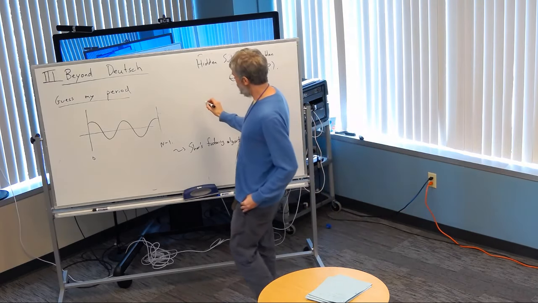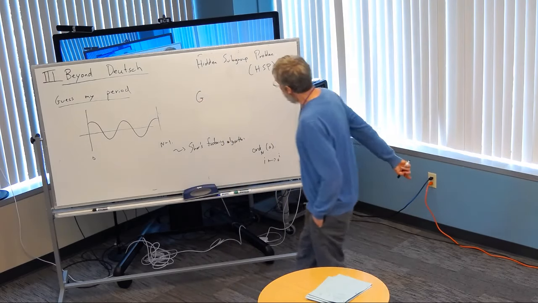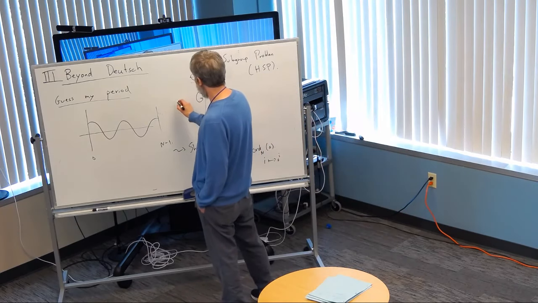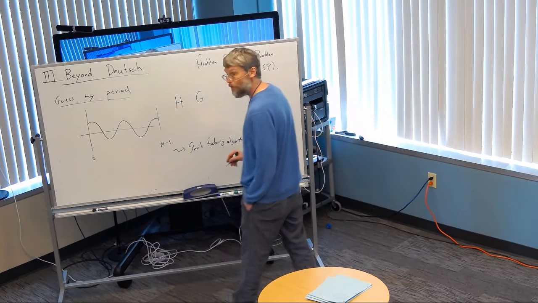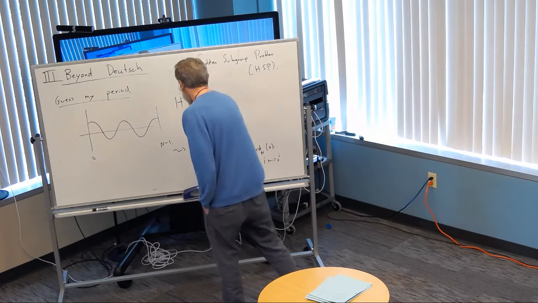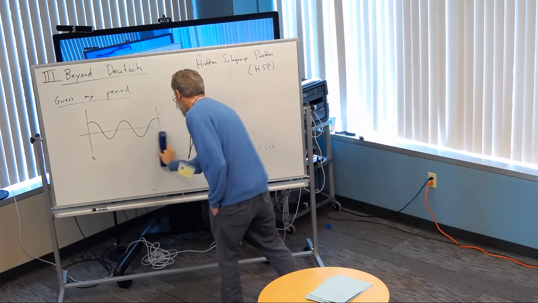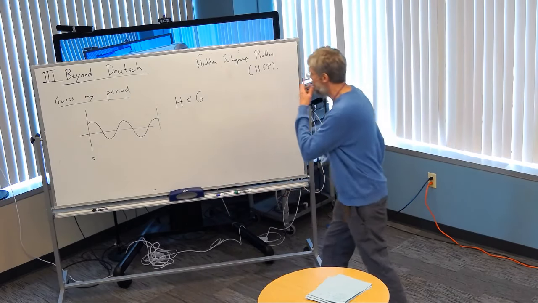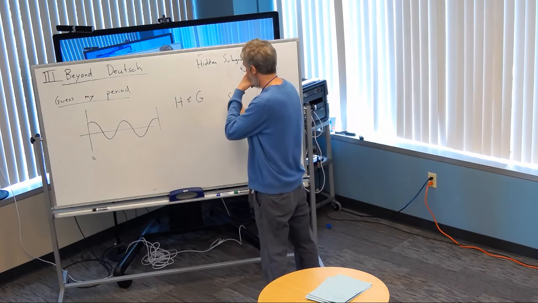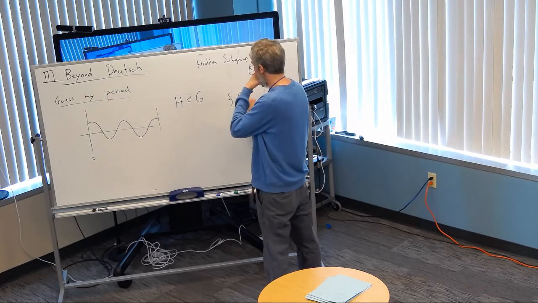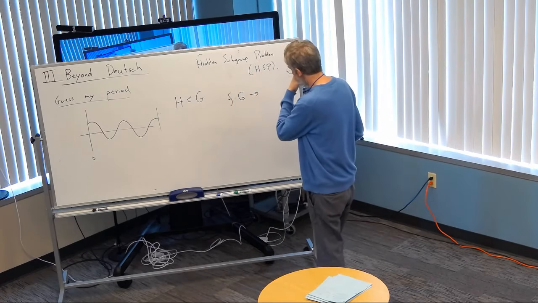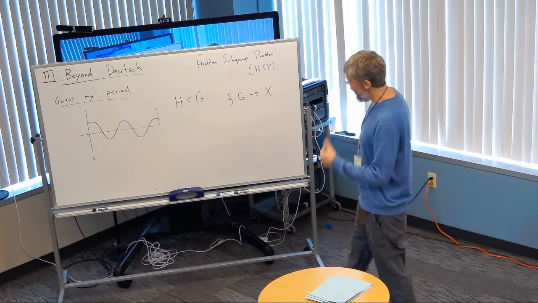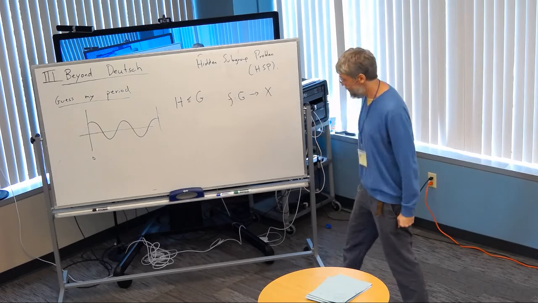So we've got some group G, and G is known to everybody, the teacher and the student. The teacher has a subgroup of G that's hidden, and the student has access to that subgroup in a bizarre way, which is a function from G to some other set X,